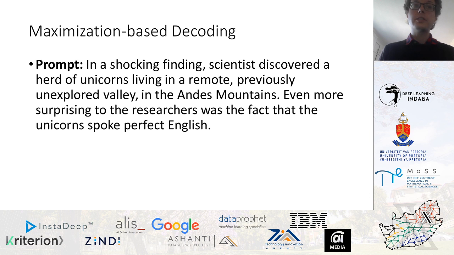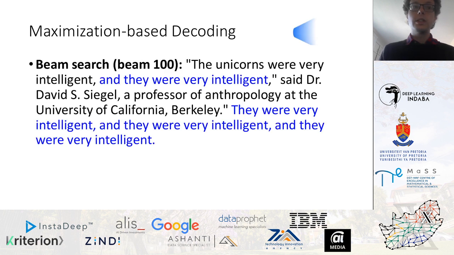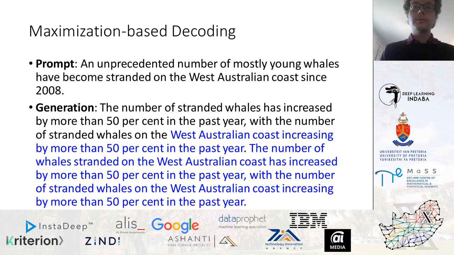However, for our generation task, maximization-based decoding turns out to generate degenerate text. Using the same prompt as in the OpenAI example, beam search generates output that tends to be very generic and repetitive. And there isn't much difference between beam search and greedy decoding in this task. As an example with a different prompt, we see that the generation using beam search gets stuck in a repetitive loop. And this is something that's quite common for maximization-based decoding.